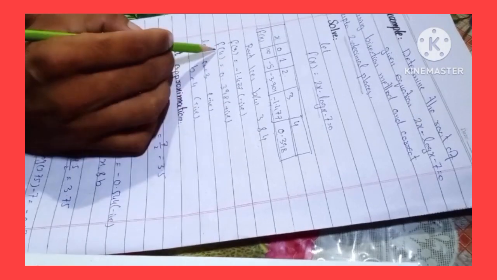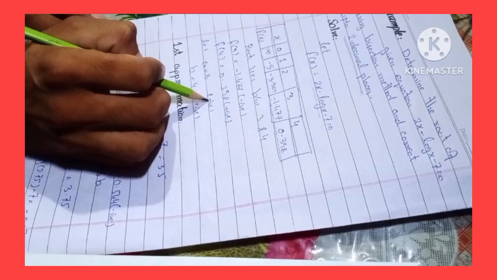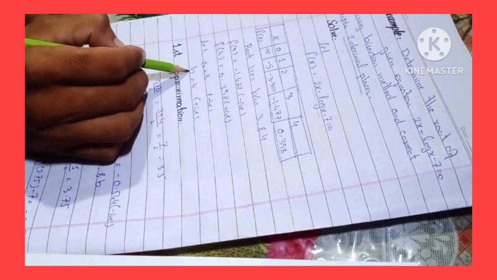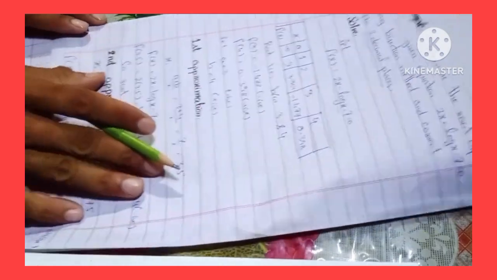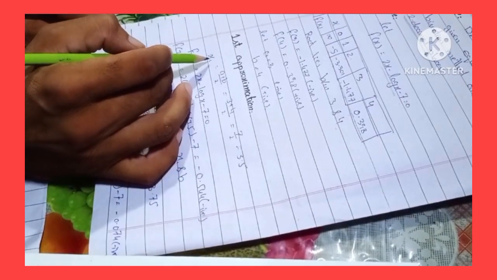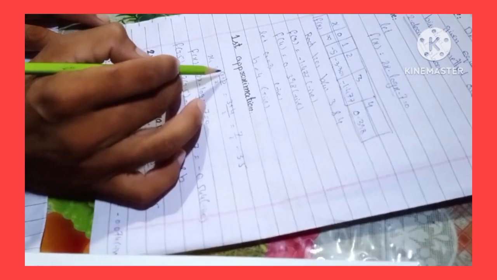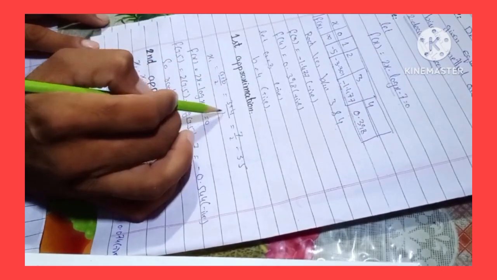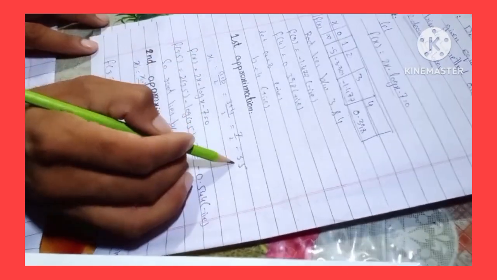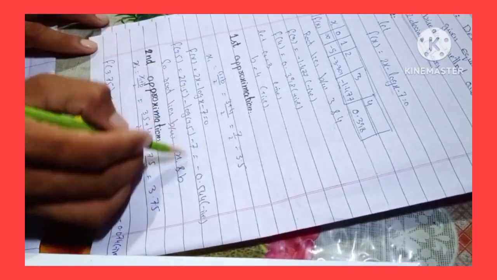f(3) is negative and f(4) is positive. Let a equal 3, which is negative, and let b equal 4, which is a positive value. The first approximation, using a calculator, is x1 equal to (a plus b) divided by 2. The value of a is 3 and b is 4. 3 plus 4 is 7, divided by 2. Its answer is 3.5. Putting the value of x1 into this equation and solving it,